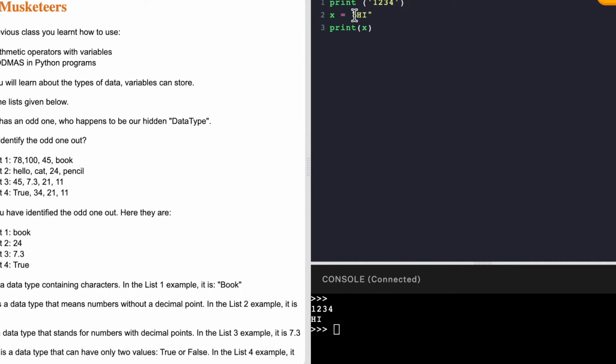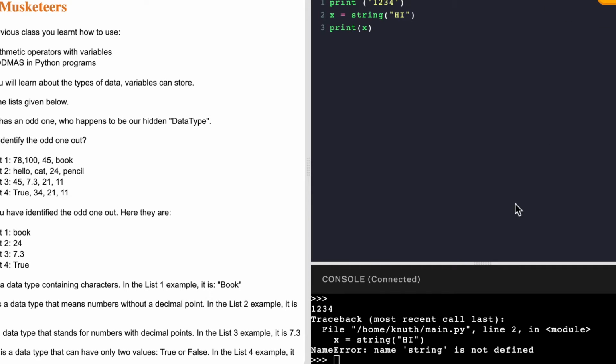Now I can also do x equal to string, and then I can put it inside brackets, and now see, it will not print anything, because I'll tell you why. Because whenever you're printing a string, a form of string like sentences or words, you do not write this word of string. You can simply write the word inside the double quotes or the paragraph inside the double quotes. It will print. No need to write string. And of course that's not allowed in Python.